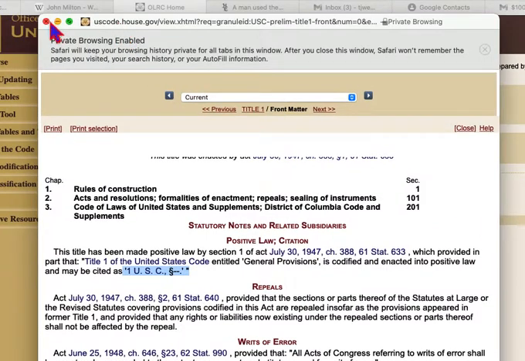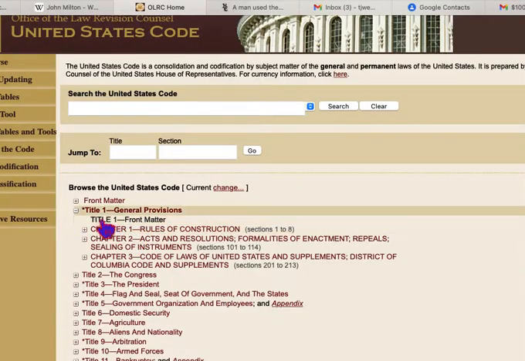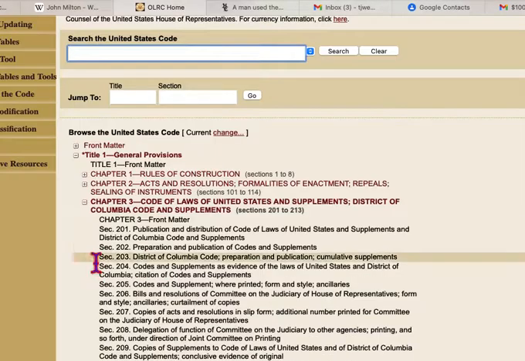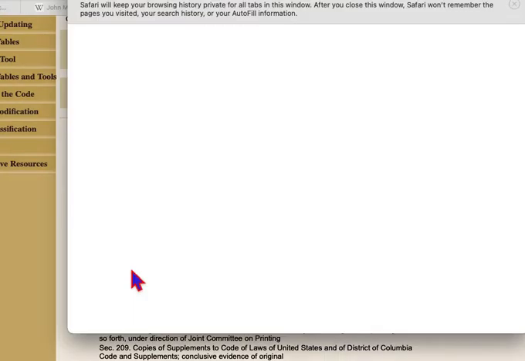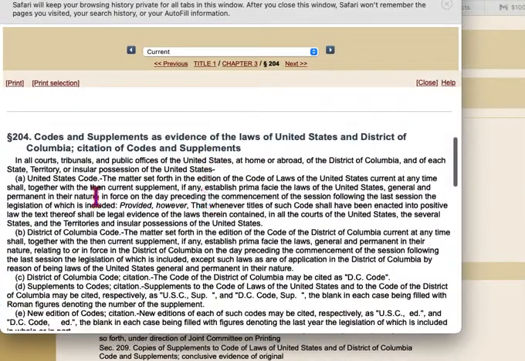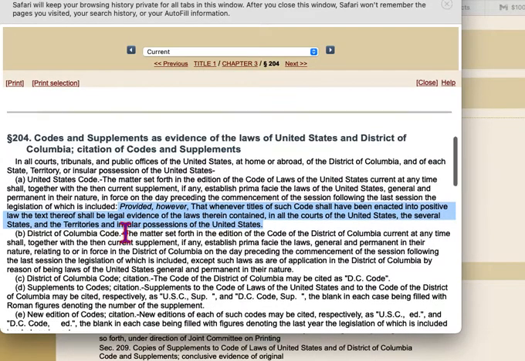For example, when we go to Title I, Chapter 3, Section 204, and it has under A, the statement on positive law, and positive law is evidence of a law having been made and shall be evidence in the courts.